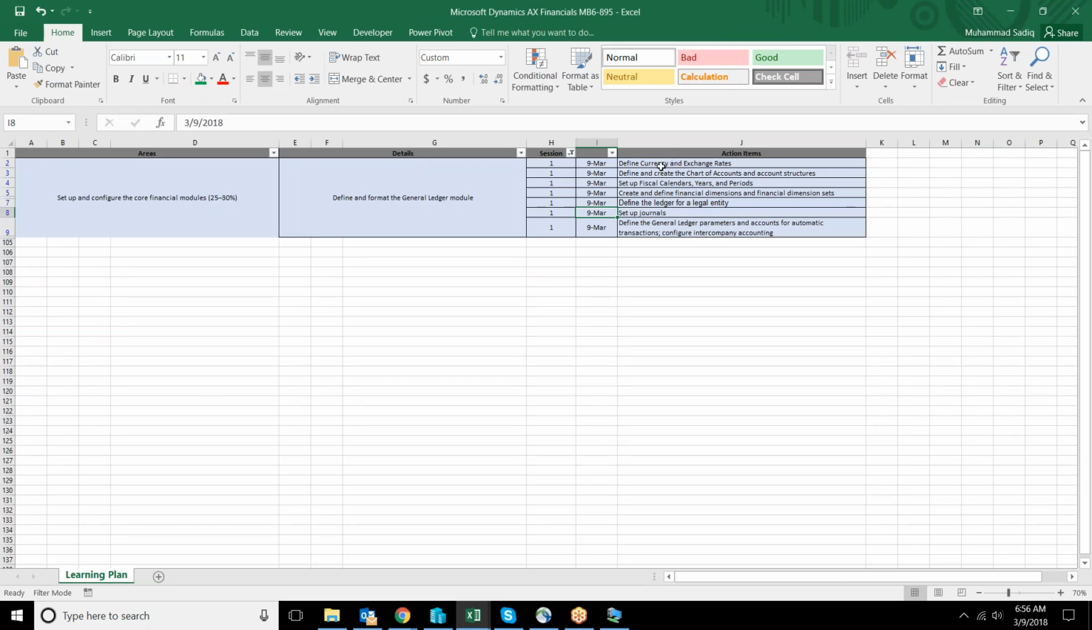So for a company, we need some currency. And if a company is working in multiple currencies, then you have to have exchange rates. Then you have to define the chart of accounts, and you have to define the financial dimensions. And the account structure is the combination of your chart of accounts and the financial dimensions. And for a company that's working in a certain time frame, we will be defining the fiscal calendar, the periods, the years, and